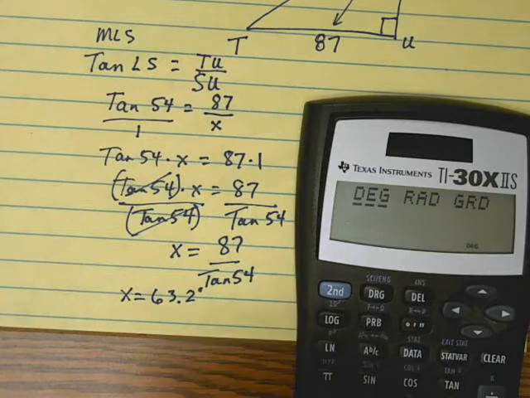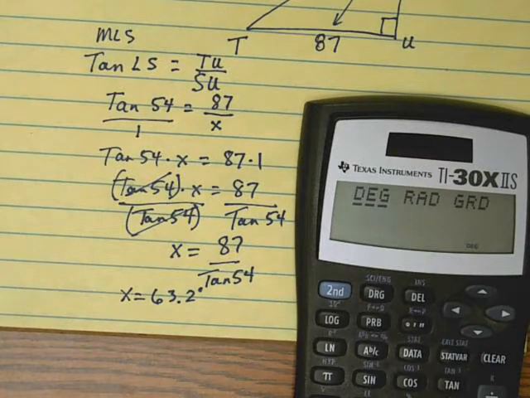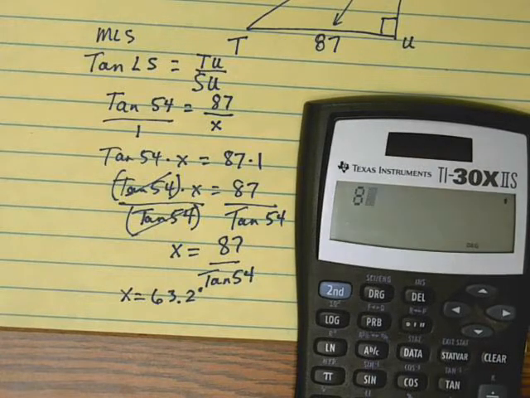Let me explain. Radian mode is the measure of an arc. Like 360 degrees in a circle. Radian mode measures the length of an arc. We'll talk about that later, not yet. We want it in degree mode, which is kind of standard math mode. So make sure it's in standard mode, degrees. Then, the other thing that you got to be careful of, especially if you're using your phone,